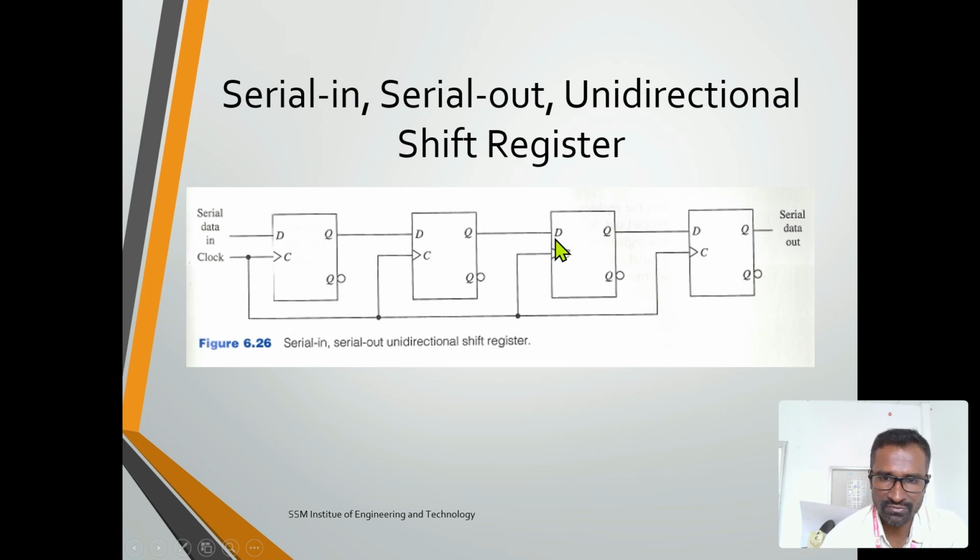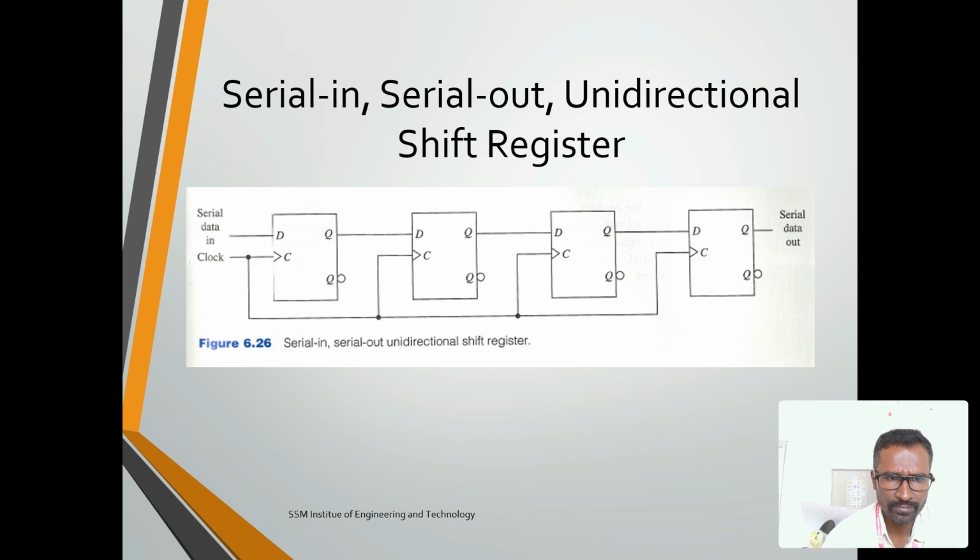Here I'm using four D flip-flops, with outputs Q and Q bar, and a clock signal. Here I'm using edge-triggered clock pulses, applying the clock pulses to all flip-flops simultaneously. So for example, if you're giving the input 1101, because I'm using four